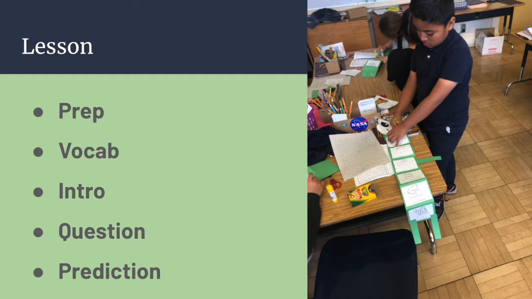So for prep, in addition to the normal prep that you would do to teach the lesson, this week you are going to have to do some prep for the craft. And it depends on how much you feel that your class will need beforehand. But for my classes, I cut out the arms and the legs of the frog as well as the body. And this leaves the students in charge of cutting out the white slips that go on the body with each step, and then the head, and then also they have to put everything together in the end.